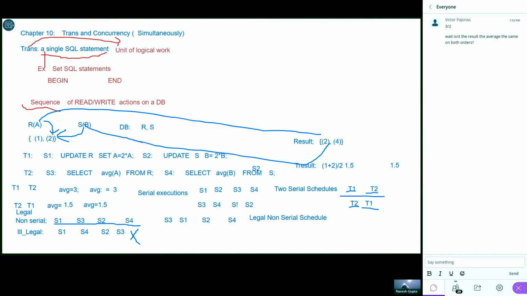Serial schedules. They are not 3. Come on, guys. What I don't understand is, you told us that there are serial schedules that,